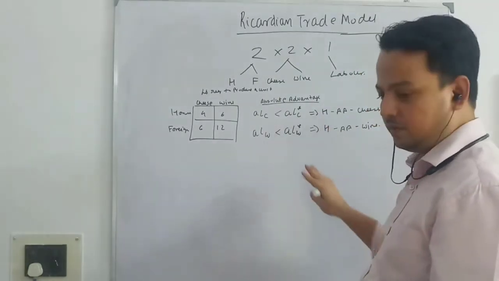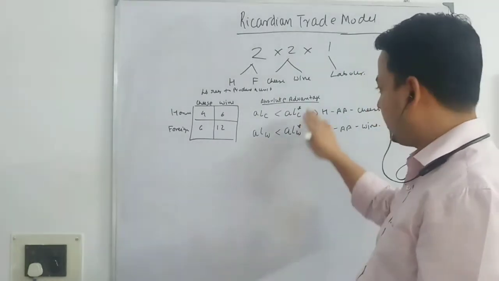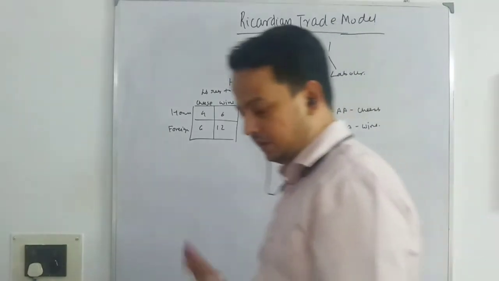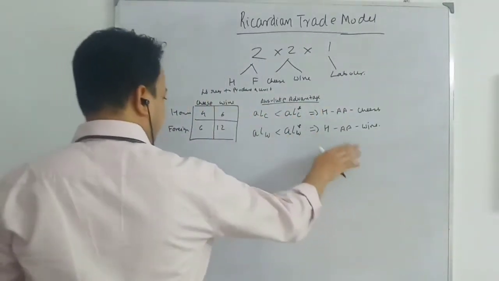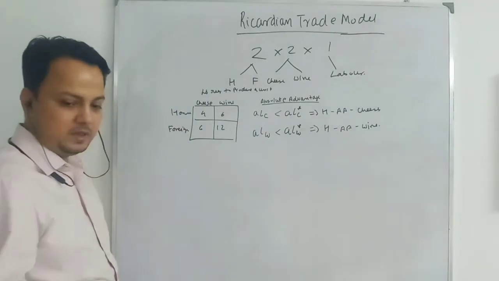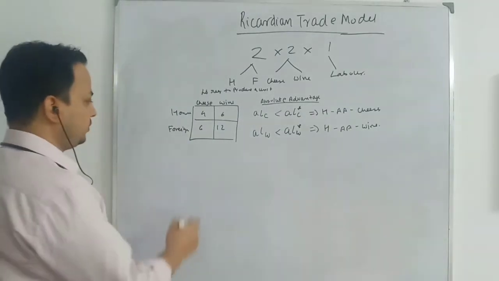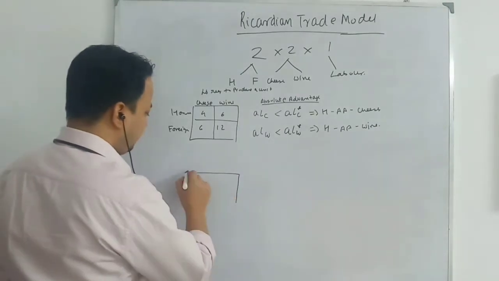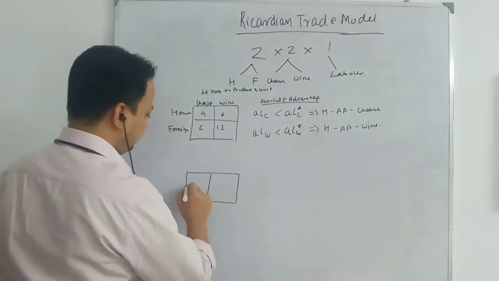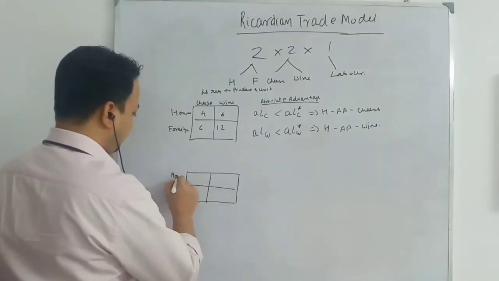This you already know. I have finished it here because when you are writing the answer, make sure you write in this way. It will be easier and cleaner for the examiner, whoever is checking the paper, to know that you understand this concept. Then we constructed the opportunity cost table for the home and foreign country.